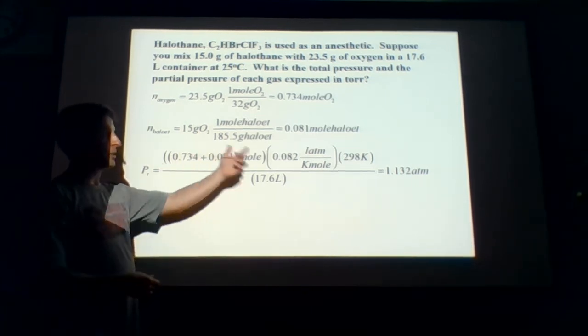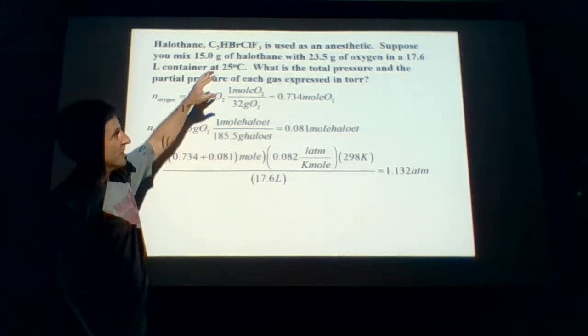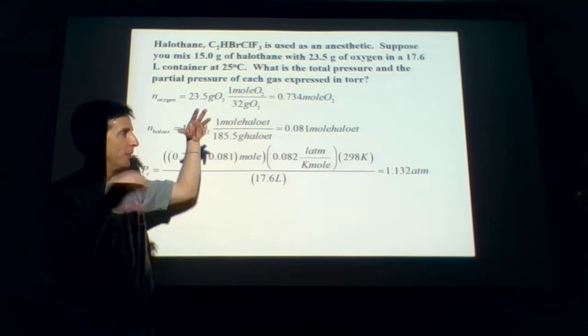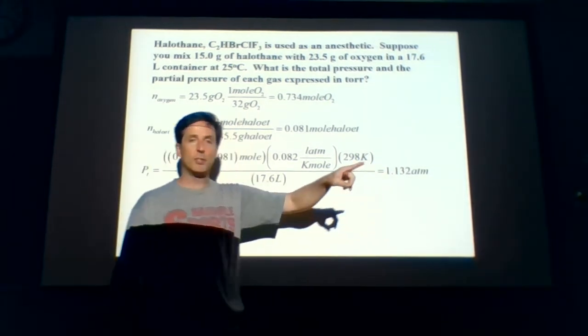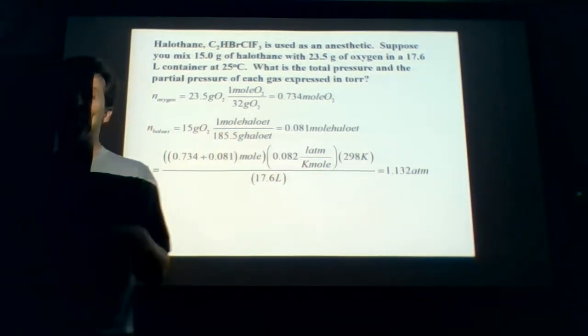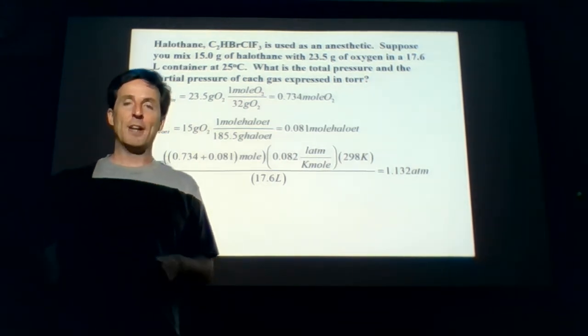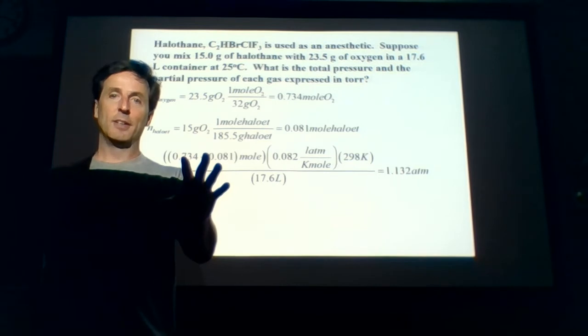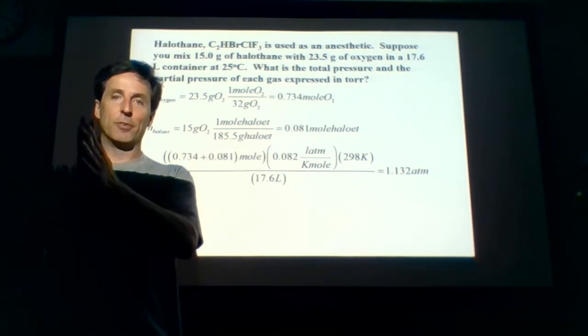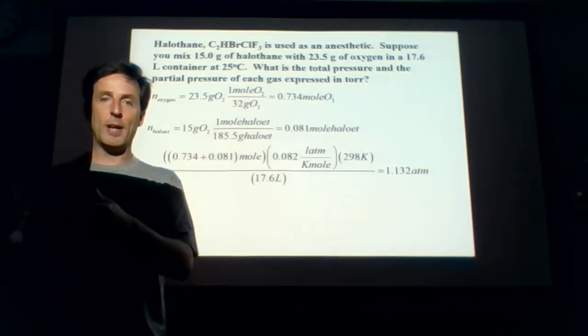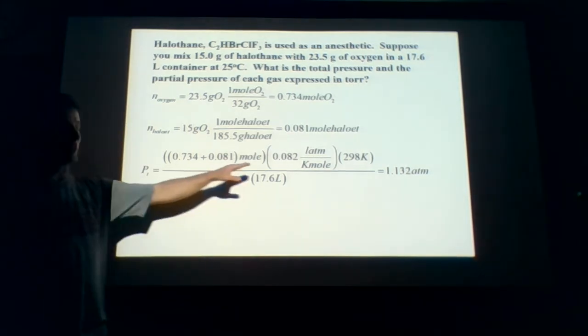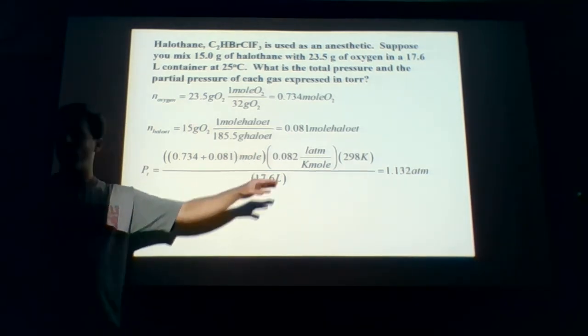So the total pressure of the system, this container that contains these gases, the pressure inside is going to be 1.132 atmospheres. That might not be how I would have done it. I think it would have been less work to find the pressure of each gas individually and then add them together to get the total. That's an alternative way to do it. They found the total pressure first, and then once they know the total pressure,